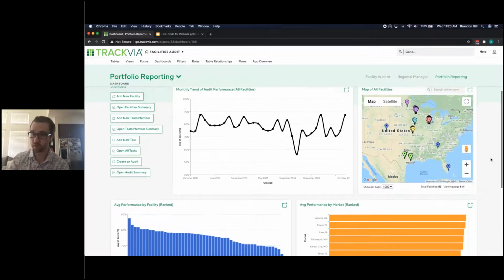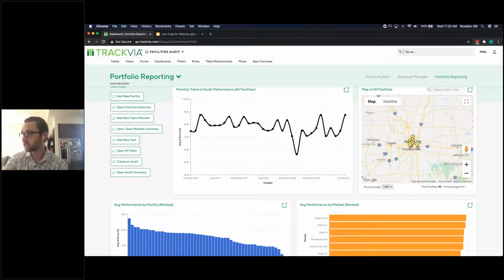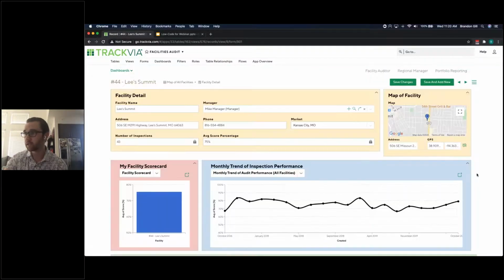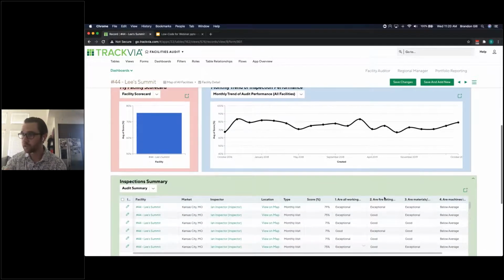What I tell people is if you can track it in TrackVia, you can chart it in TrackVia. I'm also going to zoom in on one of our facilities, and I know that right here is Lee's Summit, and all of the charts and all the things we see in TrackVia are fully drillable. So I can actually click into this, and I can get a full rundown of Lee's Summit, who the manager is, the phone number of that manager, where it's located, a trend of the monthly performances at Lee's Summit, all of the inspections I've run at Lee's Summit,